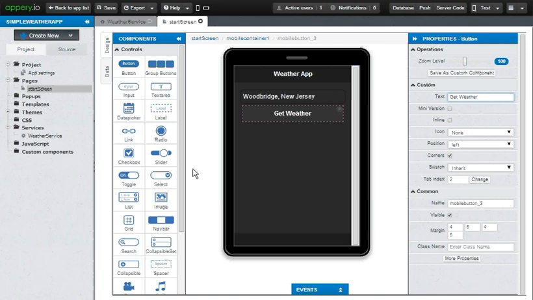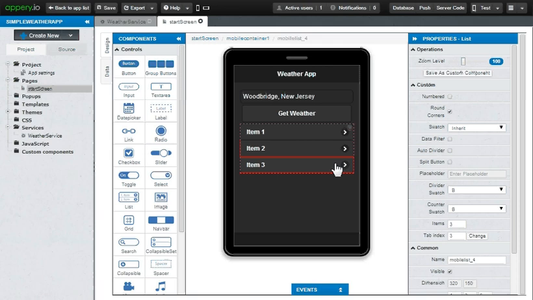The next thing I want is to be able to display the details about the 5 days of weather in a list format. So I need a list. I'll grab a list and put it right there. Now this list is showing me 3 items.